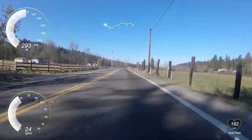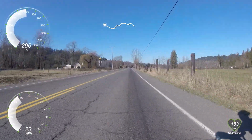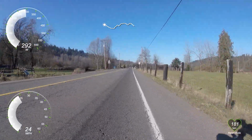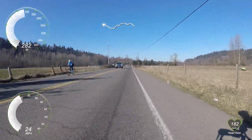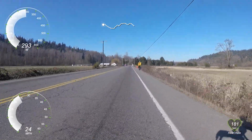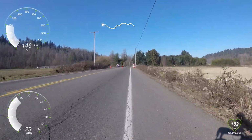Guys that are bigger than us on a flat course like this may be able to put out a lot more power. We don't have the uphill to help us out. If they're putting out 400 watts and we're putting out 300, they're still going to win. But we do have the advantage of being able to get lower on the bike, so that helps a great deal. In fact, I've won several time trials over the last year and did pretty well in this one,